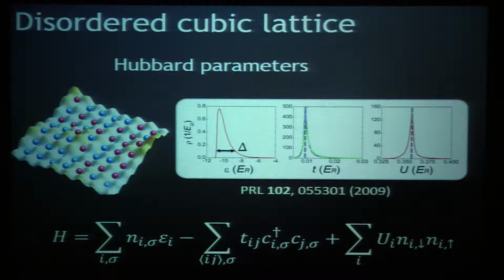What are the blue and red there? Are they occupied and unoccupied? No, these two curves, that's, so. No, I meant over on the left. So I'm just drawing a cartoon. Those are the atoms. This is like we're working with fermions, and those are 2 different hyperfine states of atoms, which would be like spin up and spin down. Yeah, that's my cartoon. My group does experiments with both fermions and bosons in lattices like this. And other groups do too, although I think I'm the only group still working in 3D disordered lattices. But other people have worked in 2D disordered lattices, which I'll mention in a minute, and 1D disordered lattices as well.